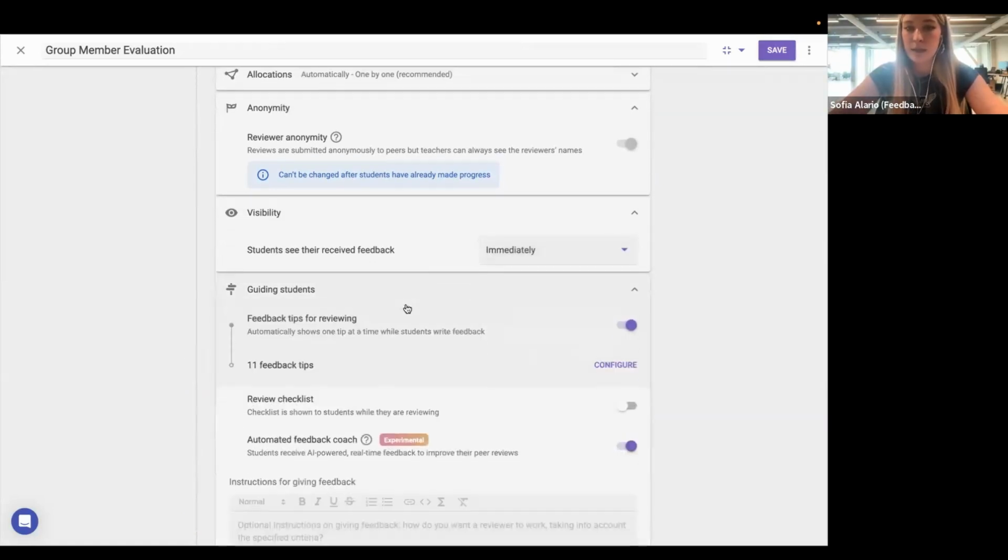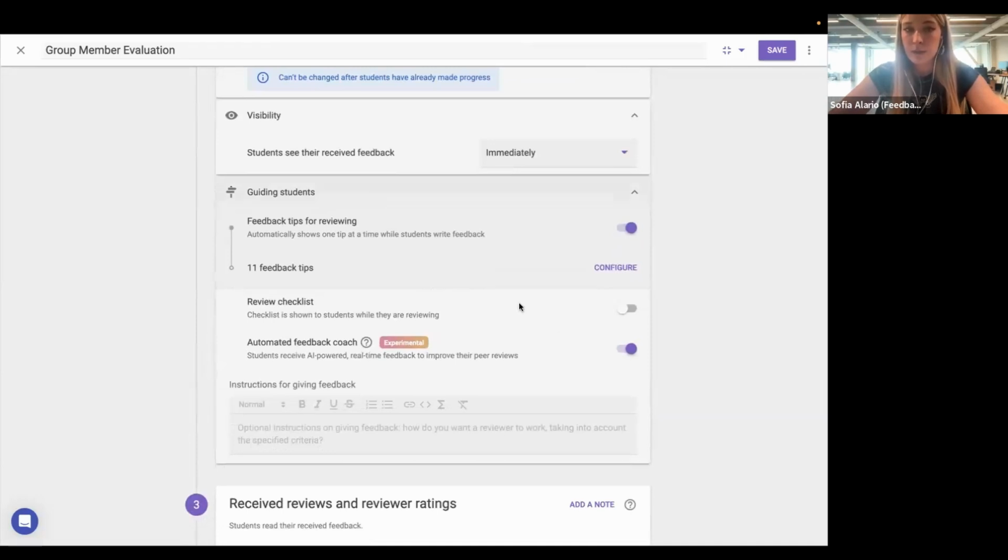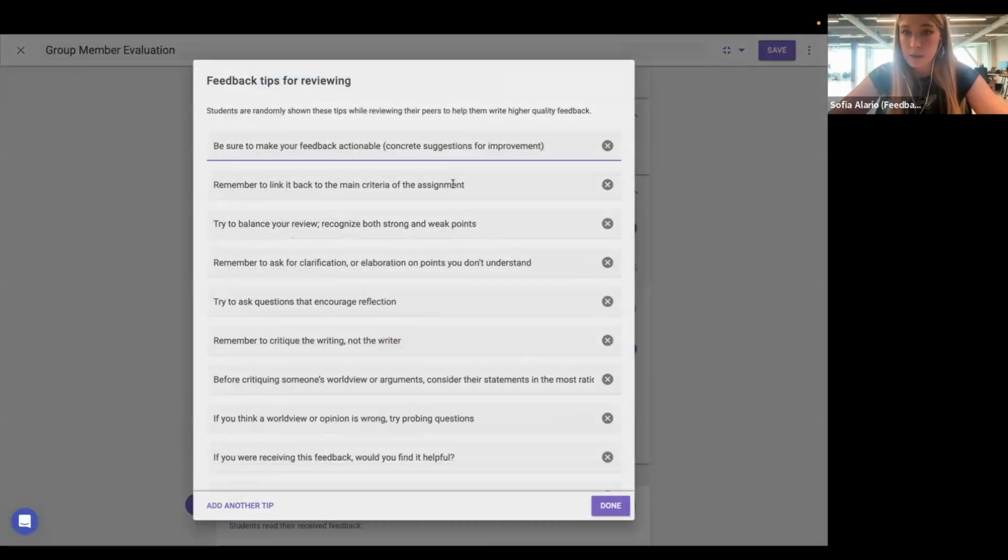And when it comes to guiding students, here you have different options to allow students to give better feedback. So we have this feedback tips for reviewing, which is a series of tips that you write down. We have default ones, but you can also write your own and they will appear randomly to the students while they're